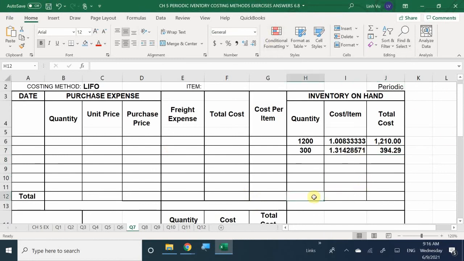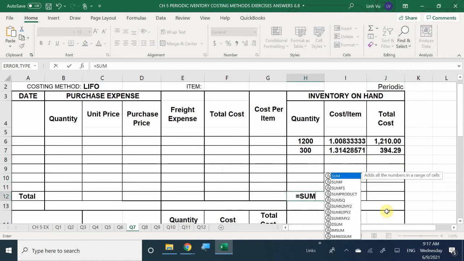And here I'm just going to go ahead and do my equal sum to reflect